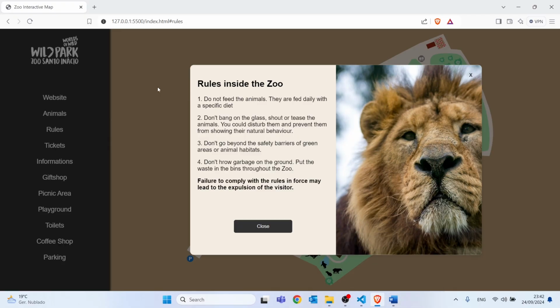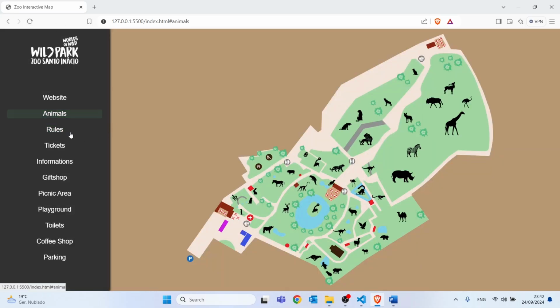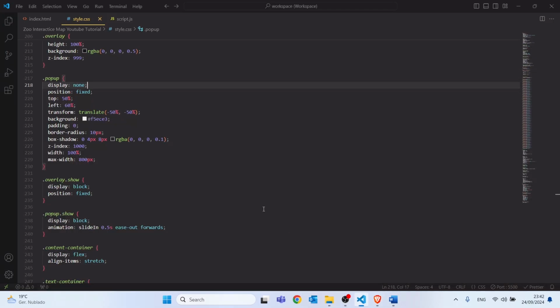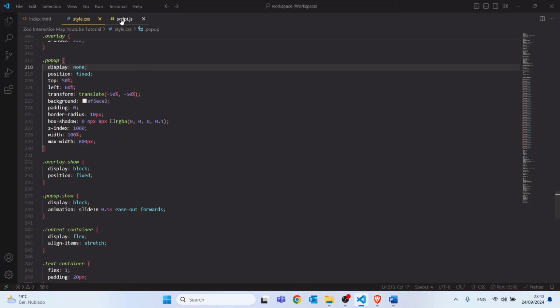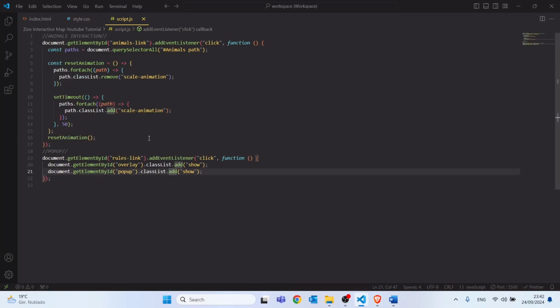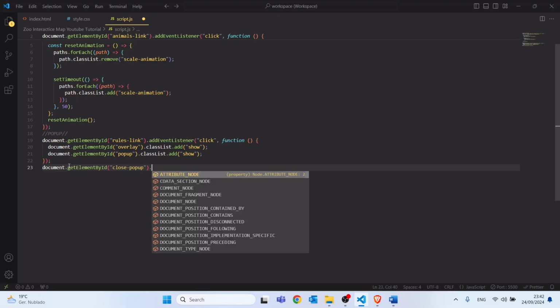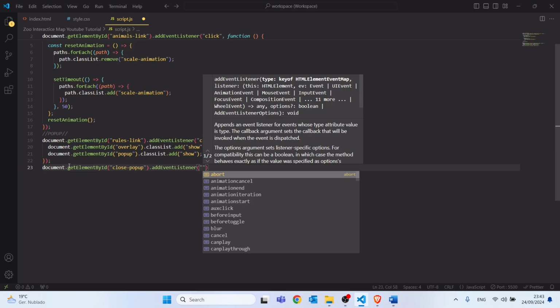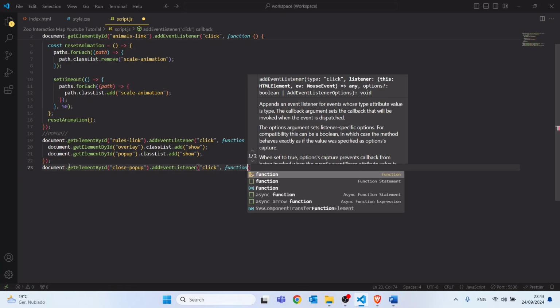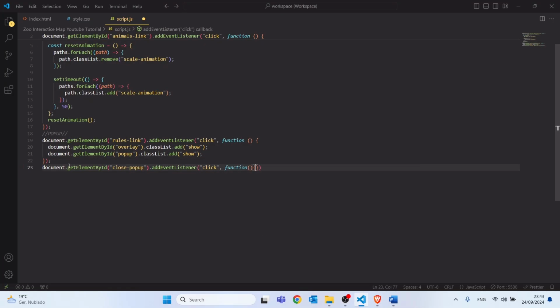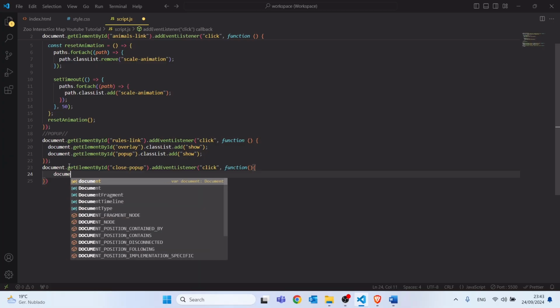Let's go back to VS Code, and now I want to define a function as well to close the pop-up. So after we click on these rules, the pop-up appears, but now we cannot close this pop-up. For this new function, I want to type document.getElementById close-pop-up, add a click event listener, so addEventListener click, then function, and for this function